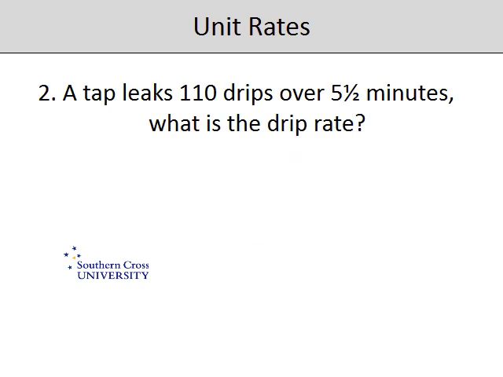In the second question, we have quite a different rate. We have a drip rate, which would be the number of drips or drops from a tap per minute, and the information that we've got here is that it's 110 drips over 5.5 minutes. So our drip rate